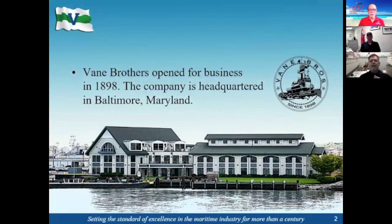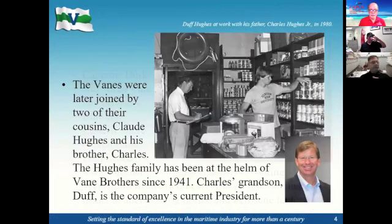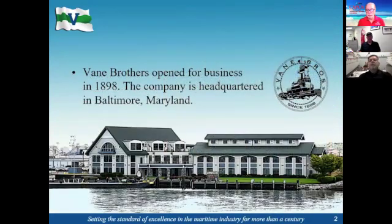So Vane got their start in 1898, and you'll see a slide in a bit. They actually started out as a chandlery, and rolling through that pretty quick. So it's a privately held company. Duff Hughes is our president. Actually, the Vanes were cousins to the Hughes families, and when they started the chandlery, the Hughes family actually acquired